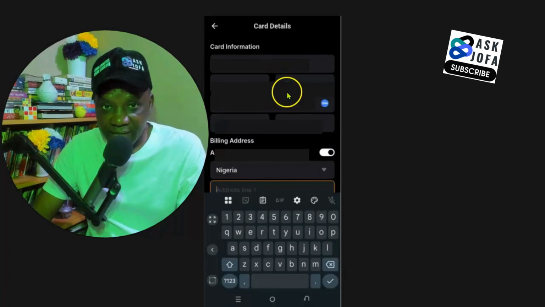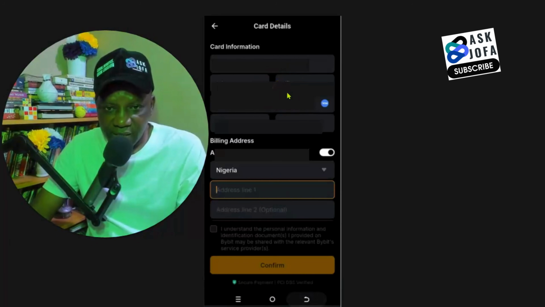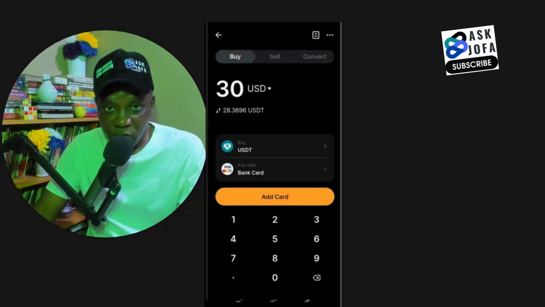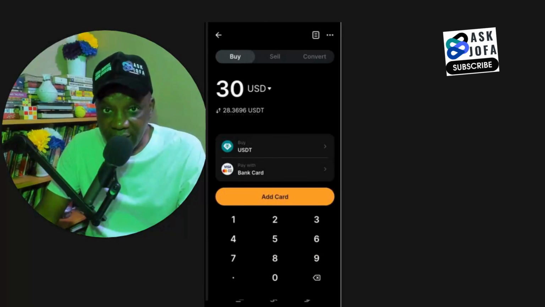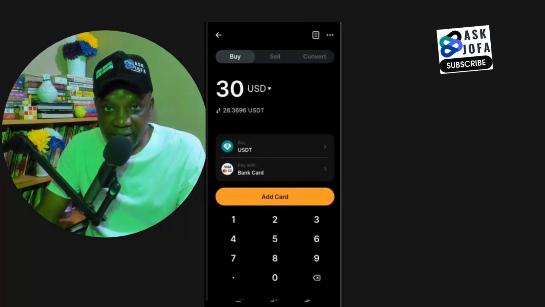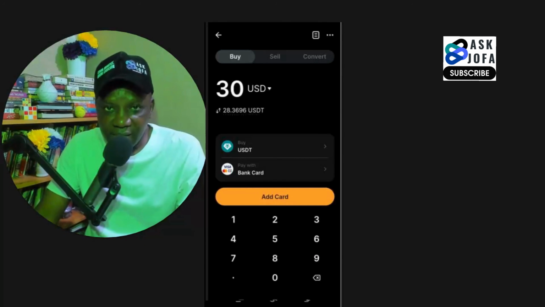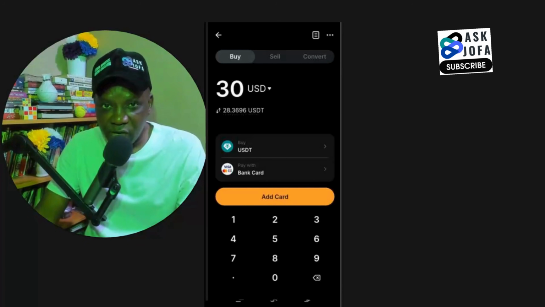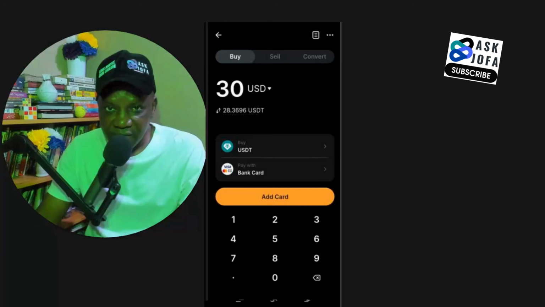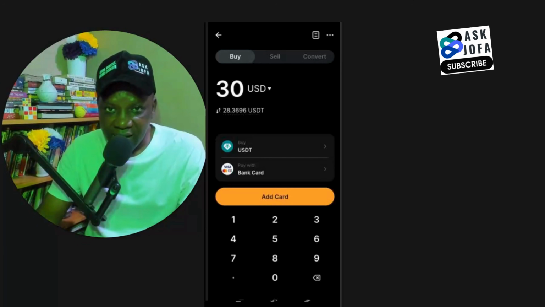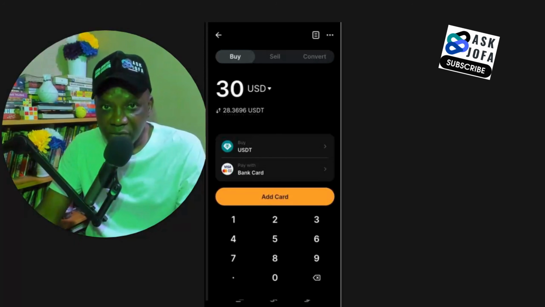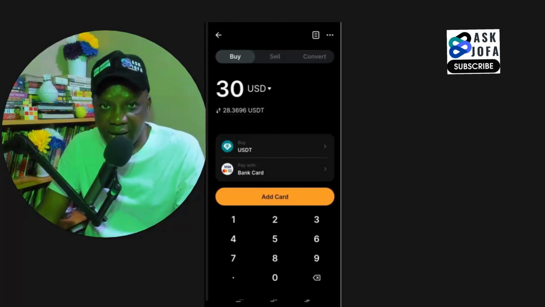I've already filled in my details. All you need to do is to fill in your details. You also input your billing address. But there's one important thing you need to know before you go further. When you use your credit or debit card to buy crypto on Bybit, you will be charged transaction fee. Transaction fee varies from region to region and also depends on card type. That is if it is Mastercard, Visa card, credit card, or debit card. The transaction fee is mostly between 1.1% and